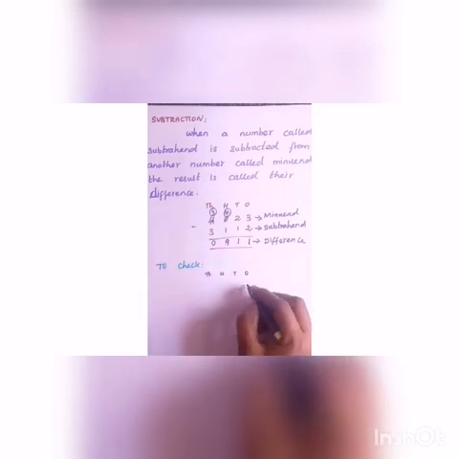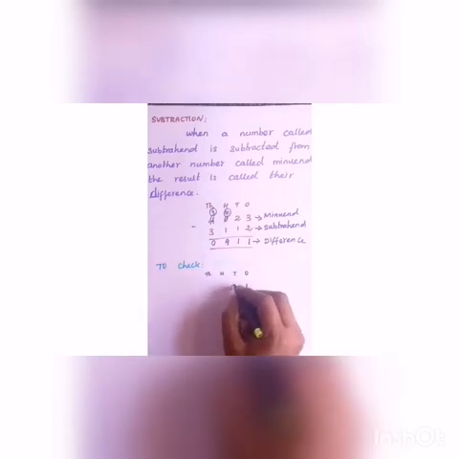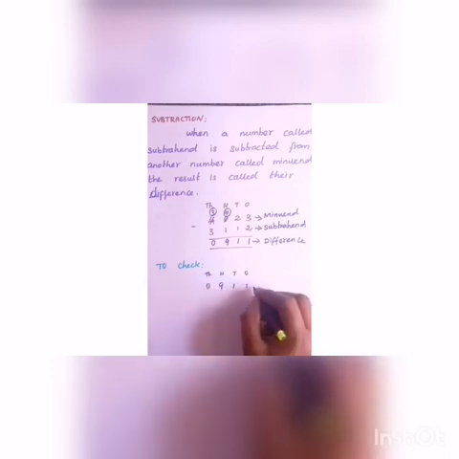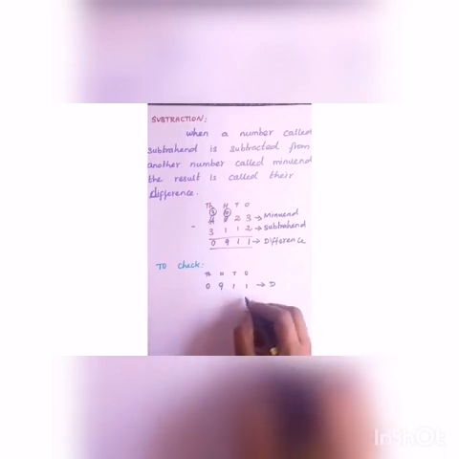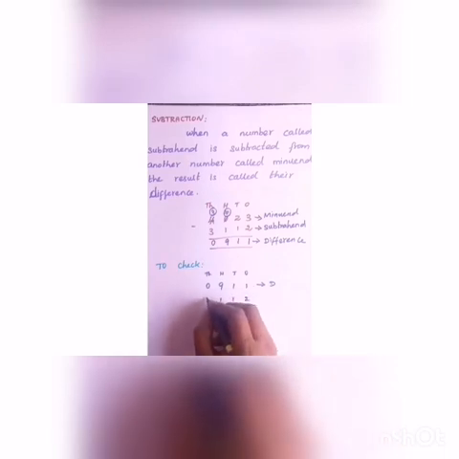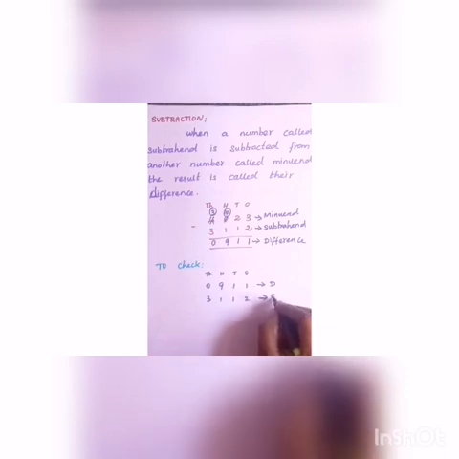911. So you write from the ones place: 1, 1, 9, 0. This is your what? Difference. Okay, D denotes difference. And next you want to write the subtractand. What is your subtractand? 2, 1, 1, 3. This is your subtractand. S denotes subtractand, D difference, M minuend. Okay. We want to add: 1 plus 2, 3.